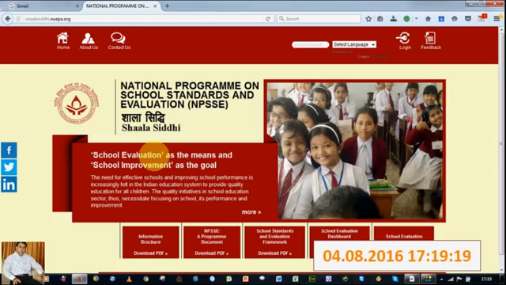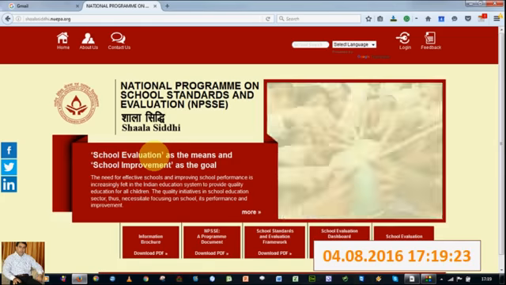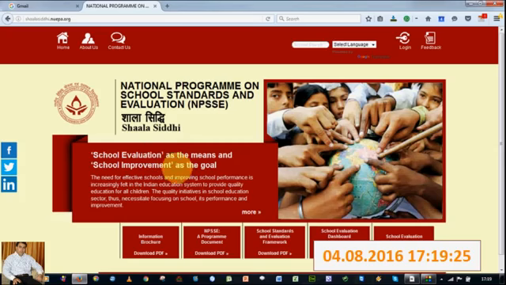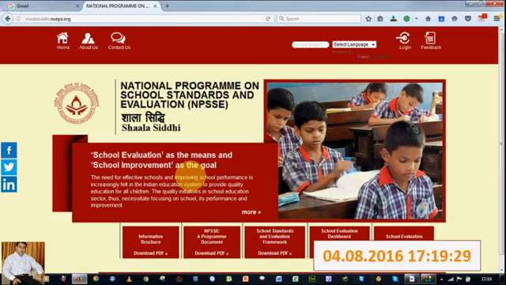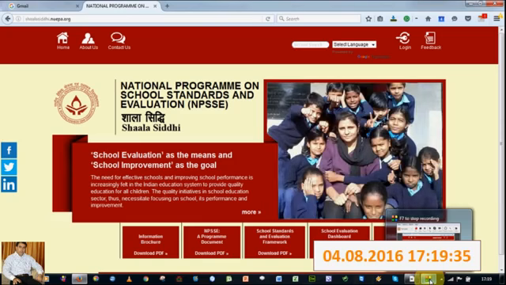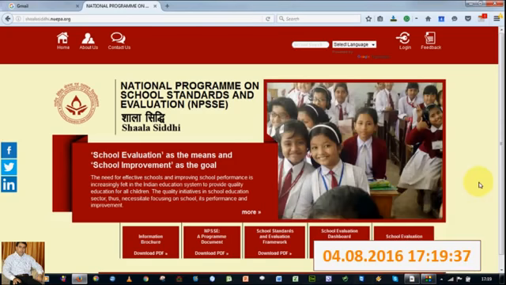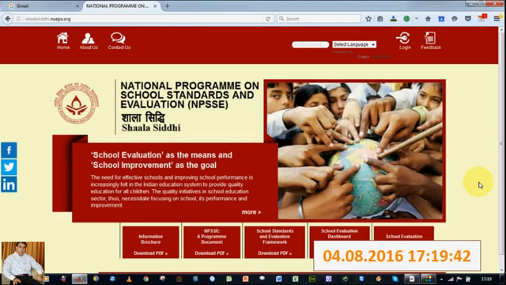They will self-evaluate themselves, which will then be evaluated by an external evaluator, and the digital dashboard will be presented at the national level, state level, district level, block level, and even at the cluster and school level. At each level, the dashboard will be presented, and the URL for Shaala Siddhi web portal is